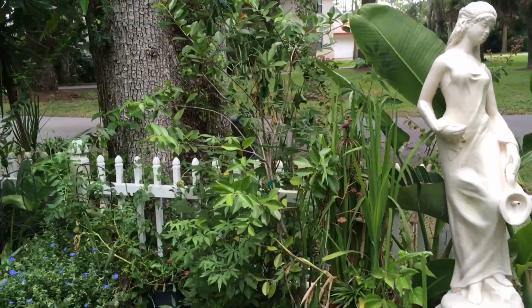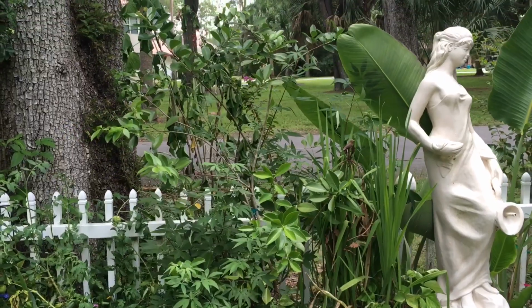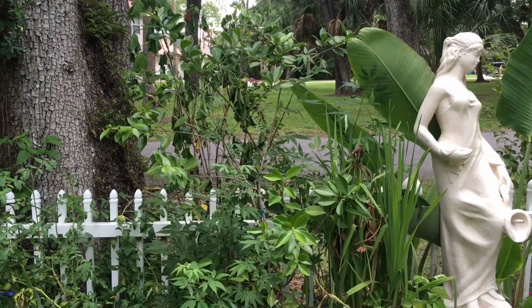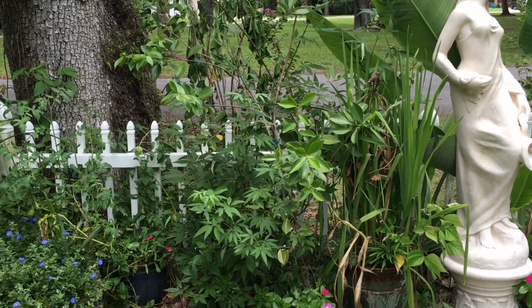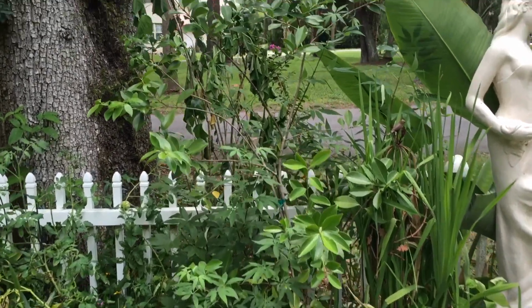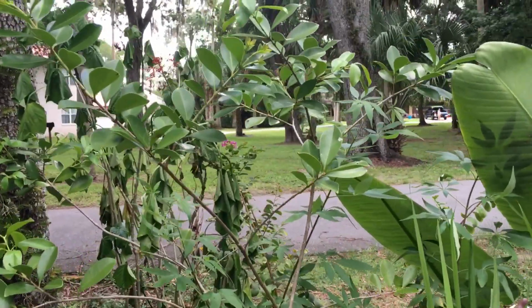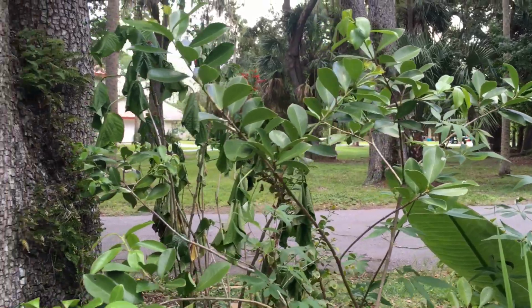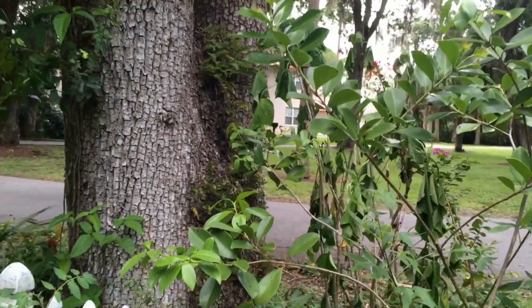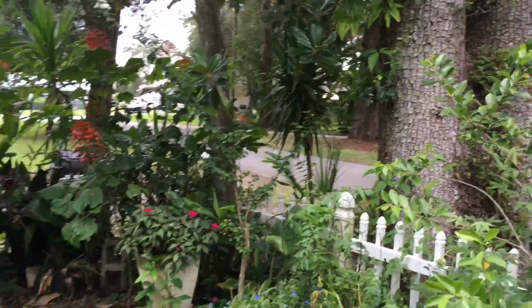Here's the guava that's next to that bird of paradise, and it looks like it's doubled in size. It's gotten a lot wider, and it had flowers on it, but I don't see it setting fruit right here. And then I'm going to pan out and do this area. This area has filled in quite a bit,